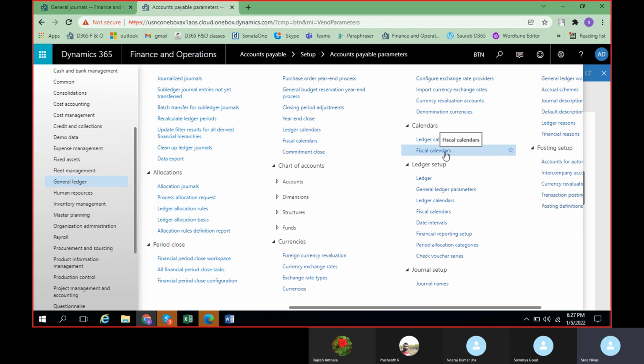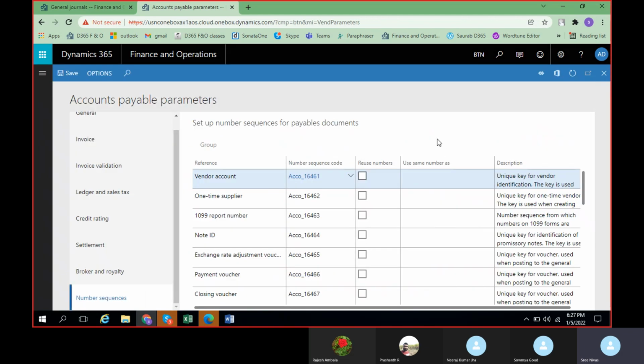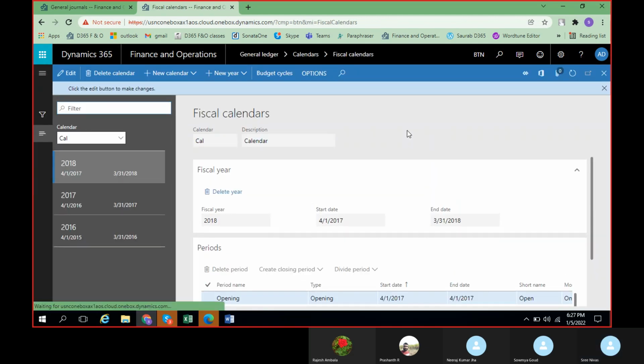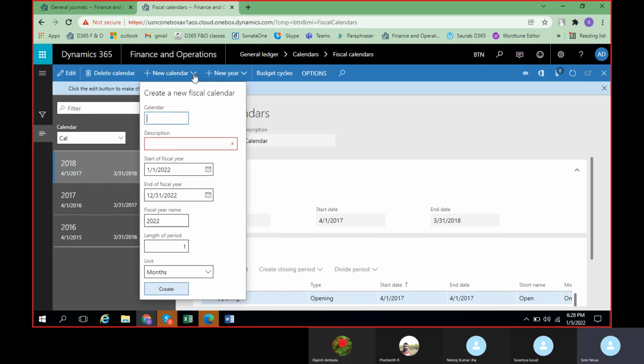First we need to configure the fiscal calendars, then we'll go to the ledger calendars. These are default calendars, they have nothing to do with the Britannia company. So we can just click on new calendar.